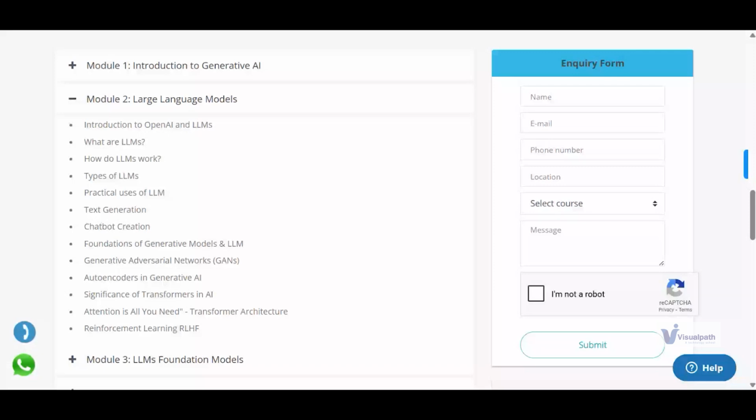Conceptually we will also learn, and practically we will do lots of practical. So obviously Python knowledge is a prerequisite. You will do coding in Python. I will share all the code. There will be a Google Drive which the Visualpath team will create specifically for your batch. On that Google Drive, all the documentation, all the notebooks, all the Python code files will be uploaded. Okay, and you have to use that code and do it practically live in that session.